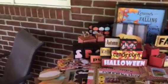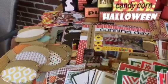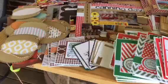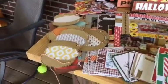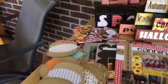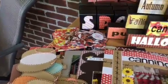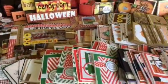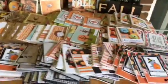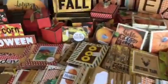So from this pad, I managed to get 13 12 by 12 scrapbook pages, 9 3 by 4 journaling cards, 4 hot cocoa pocket envelopes, 18 Halloween treat bags. I got 483 greeting cards, and they are all kind of crammed onto this table. I also got 4 mini note cards,